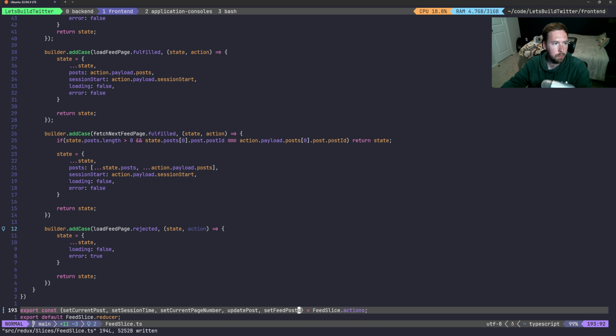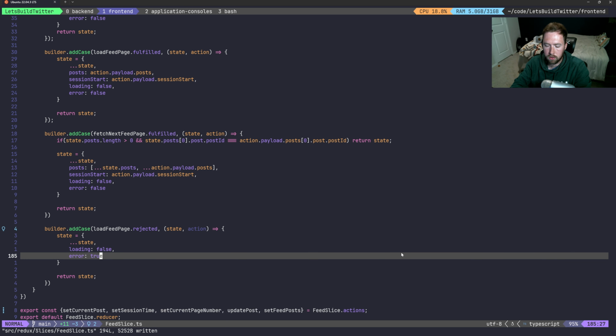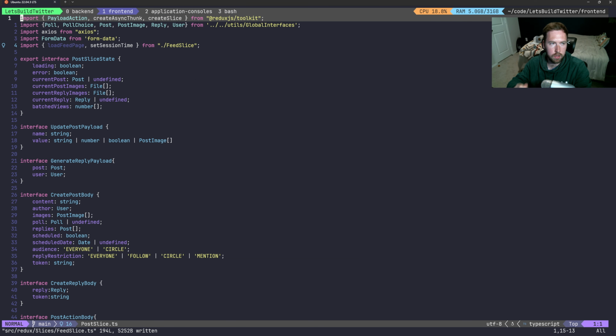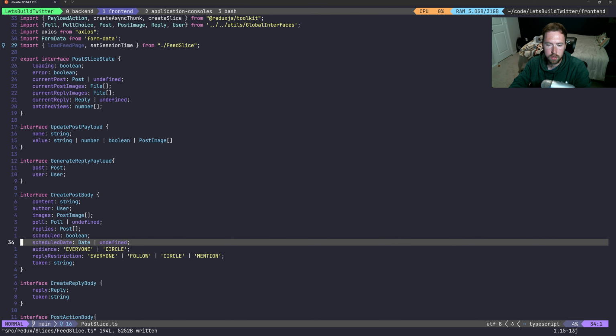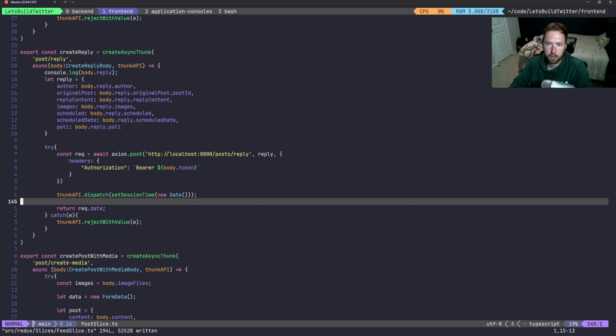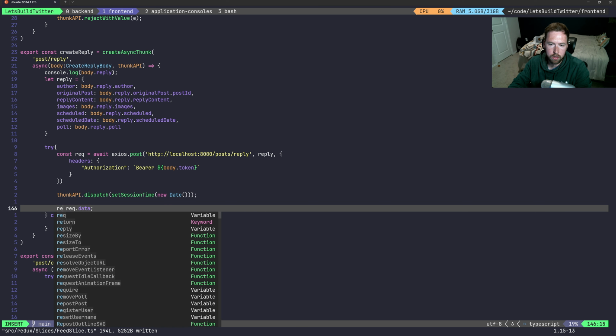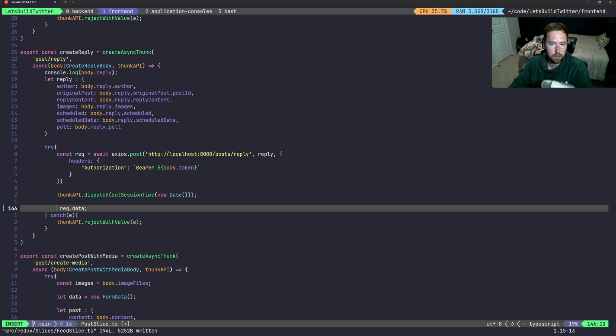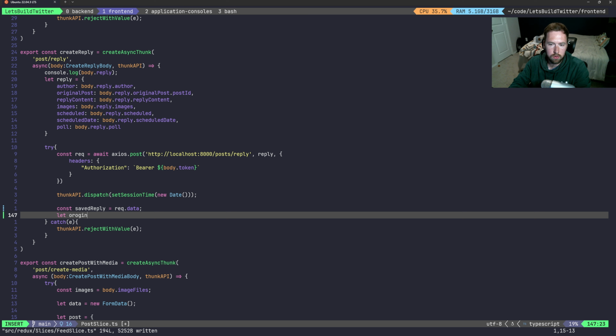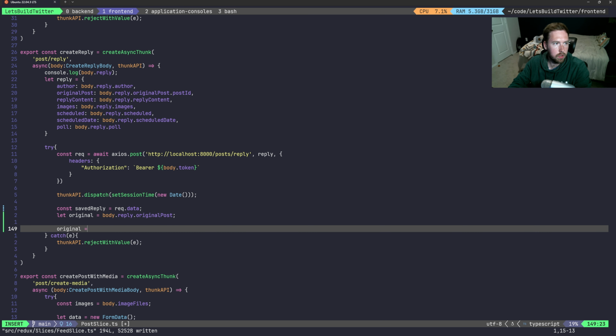Now we need to update the post slice to do some stuff too. So let's go into the post slice. Inside the post slice, we're going to go down to about line 146. So this is inside the create reply. Here, instead of just returning this rec.data, we're going to say const saved reply is equal to rec.data. We're going to say let original equal to body reply dot original post. We're going to say original equal to ...original,